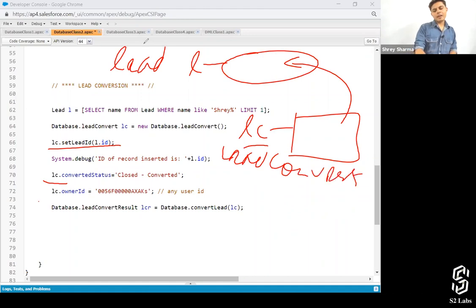So by specifying lc.ownerId, what I'm specifying is who's going to be the owner of the account and the contact and the opportunity record that will get created as a result of this lead conversion operation. Listen to this once again. A lead will get converted, an account, opportunity, and contact will get created. And when they get created, who will be the owner of those records? We're going to define it with